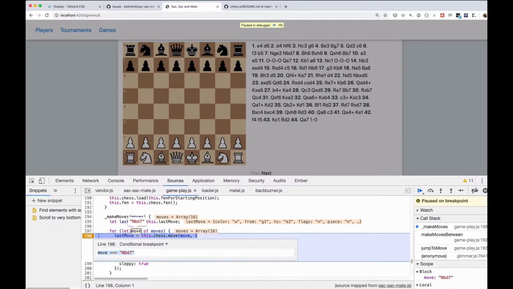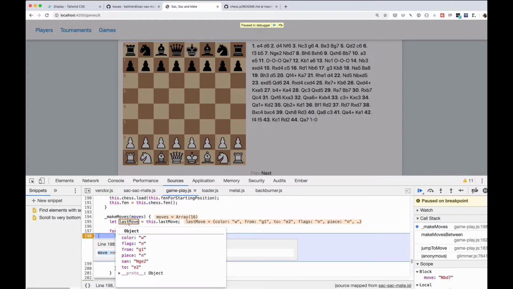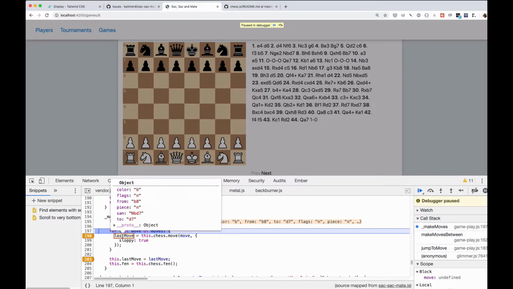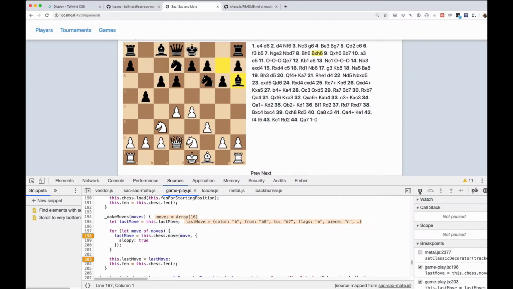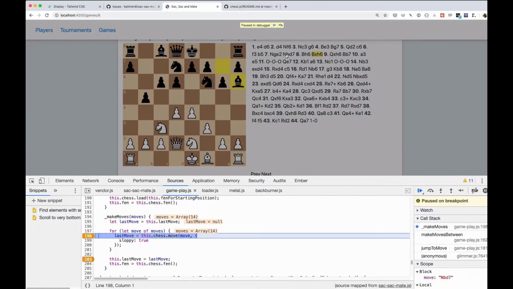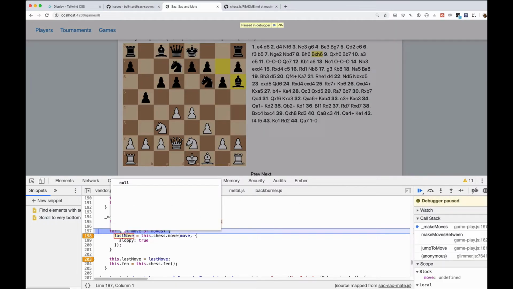Because the move is, oh yeah. What's last move now? Okay, this is correct, but I think this was correct the last time too. So now if I jump back here, I guess the move is the knight b d7 move indeed. And now, so the sloppy flag did not help,